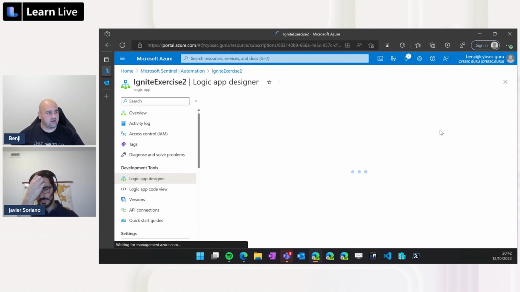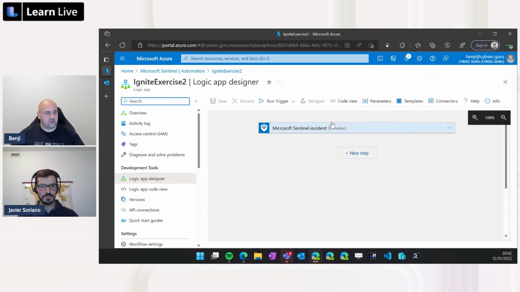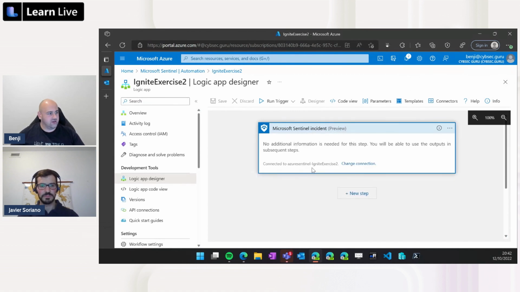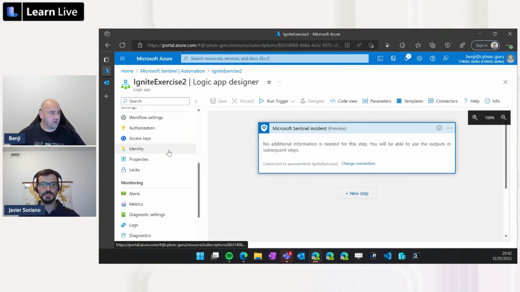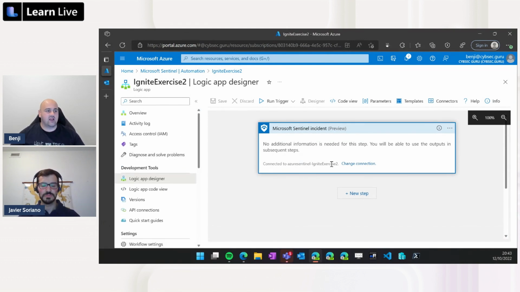And the one thing that the system will do for me is that it will add the trigger automatically, and it will be Microsoft Sentinel incident trigger. And we can see here that it is connected to my managed identity, and I don't need to go back now to identity from here to enable it. It is already enabled. I just need to go there if I need to assign any permissions, like if I need to respond or update a specific incident, change the incident, then I will need to go and deploy it. Now we will choose an option.